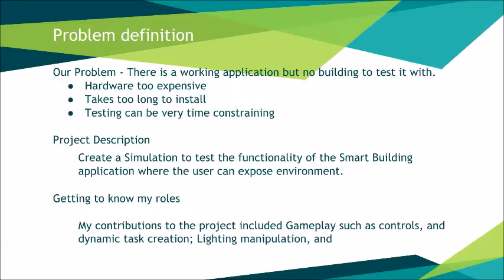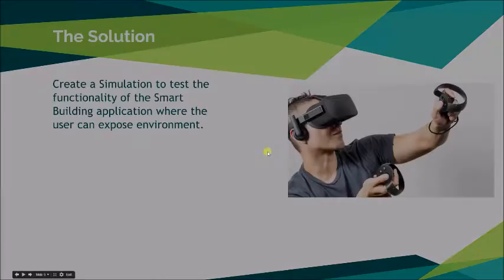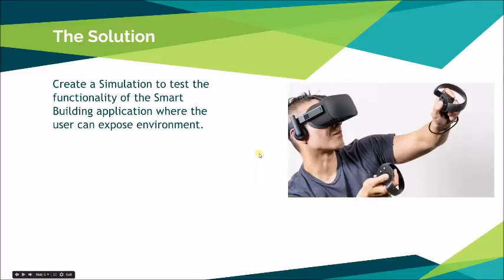So the new version of Building Brain, which does not directly improve on the application itself, is a simulation, and more specifically, a fast and cheap test environment for the Android app features. The simulation will provide the project owner with a flexible experiment that can simulate an entire day of energy usage behavior in under 5 minutes. The use of the Oculus Rift will provide the user subject with a more immersive experience.